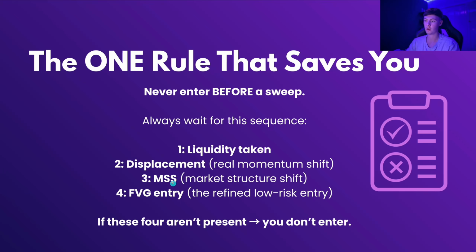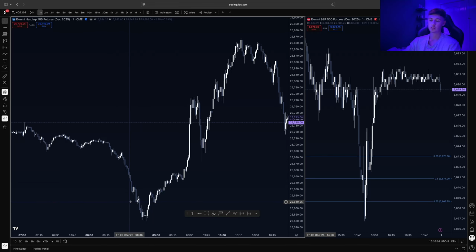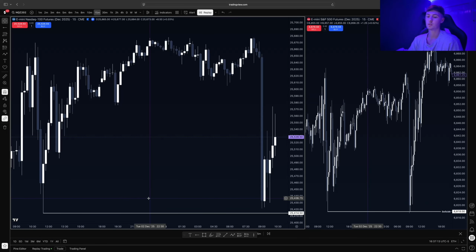Just like I was saying before, if the algorithm misses to take their long below a specific low, they wait for the retracement back into the imbalance in price, which was caused by the displacement. So then you'll see the algo reprice into this imbalance, and then that's where you'll get the sharp move to the opposing liquidity. So if any of these four aren't present, you do not enter the trade. Okay, so now I'm going to show you guys a few examples of liquidity sweeps and how you guys can take advantage of them.